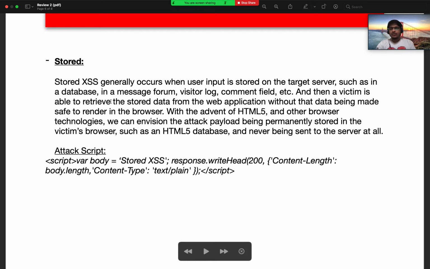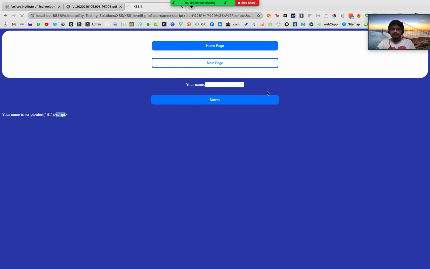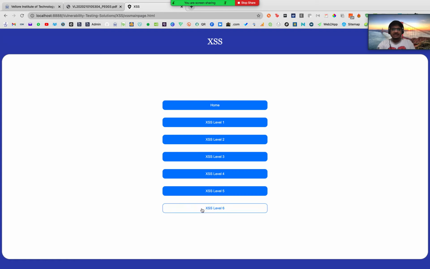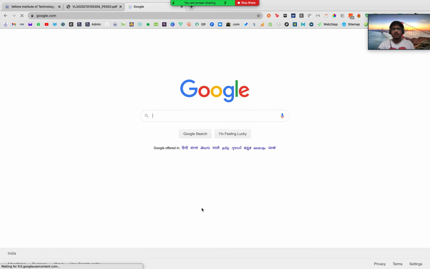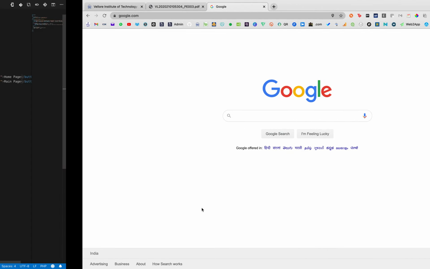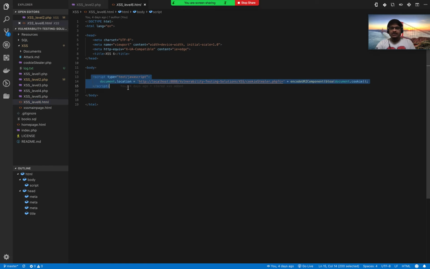Now I'm going to show you how the stored XSS attack works. Coming here, my level 6 is the stored XSS attack, which is a new implementation right now. You just opened the site, you didn't know what was going to happen, and it redirected me to Google. It may be a bug, that's what you must be thinking, but there's a really cool implementation which is very scary if you think about the security aspect. What I did was use document.location, and from here I used the cookie stealer PHP code which I had written, and I encoded and injected the cookie from the document.